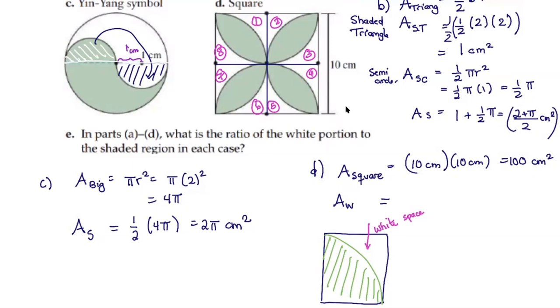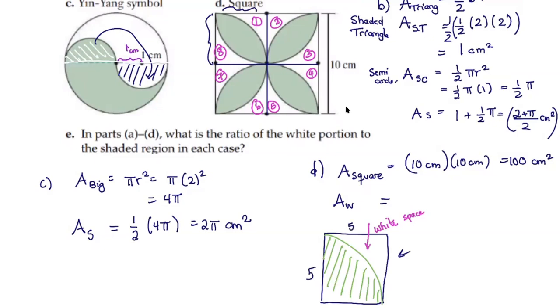So if I can find the area of one white space, I can find the area of all of the white spaces by multiplying that one white space by 8. And so the way we can find this area of this white space is finding the area of the small square. And since this small square is half of one side and half of another, each of its dimensions are